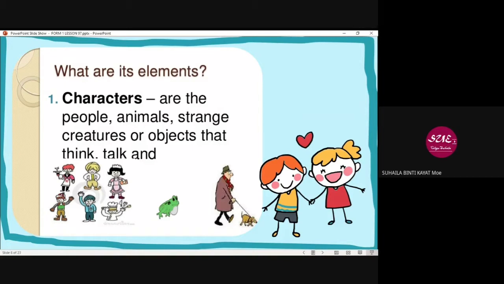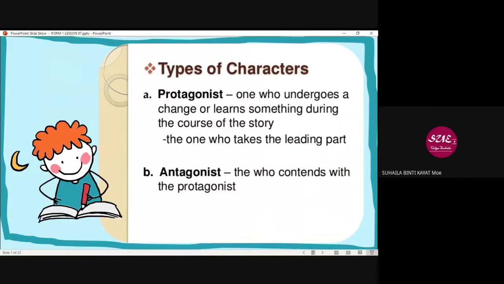Siapa dalam tu? And then the types of characters, we have protagonist and antagonist. Sama juga if you watch movie, you have protagonist character, antagonist character. Protagonist ni yang baik-baik tu lah. Antagonist tu yang kira yang watak jahat lah.